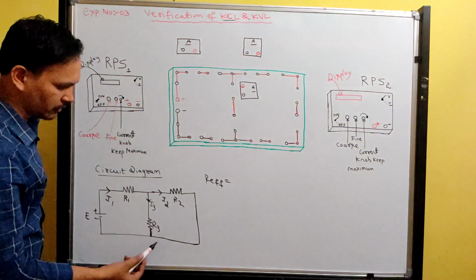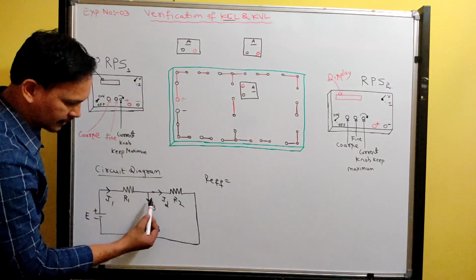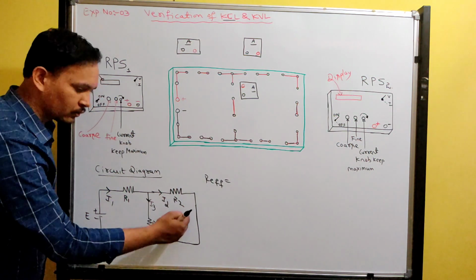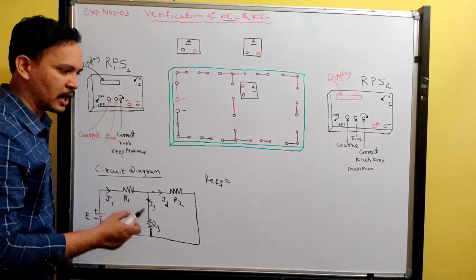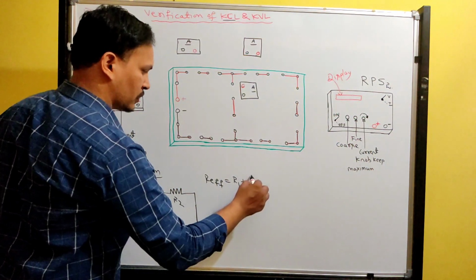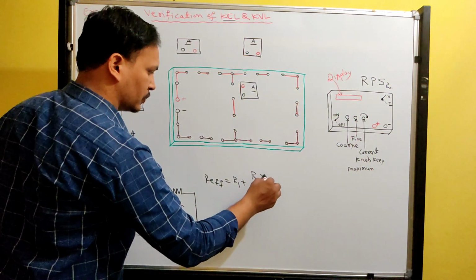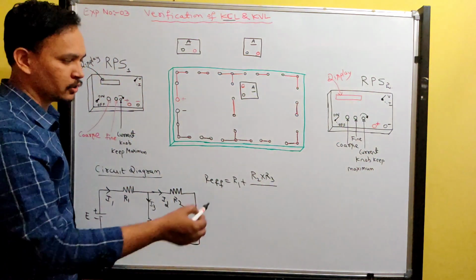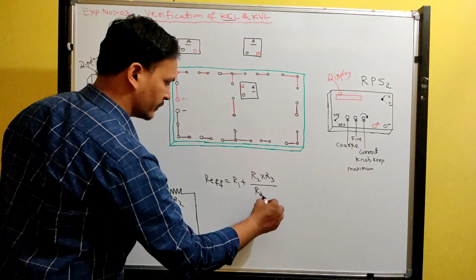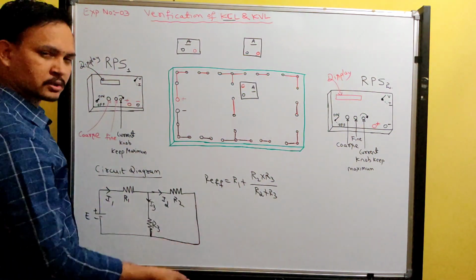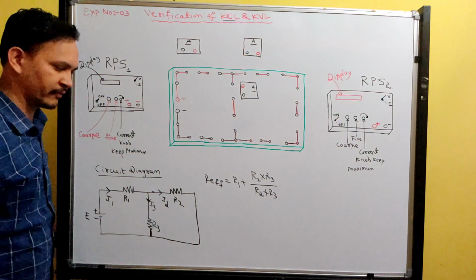R effective is equal to, see, R2 resistor and R3 resistance both are connected in parallel. That effective combination is in series with R1. So we can write effective resistance. R effective is equal to R1 plus R2 into R3. Because two resistors are connected in parallel, numerator multiply, denominator add it. So they will give values of resistance. You just substitute and calculate R effective.